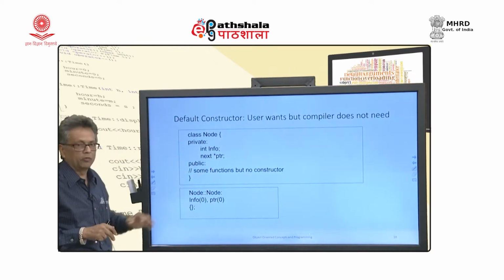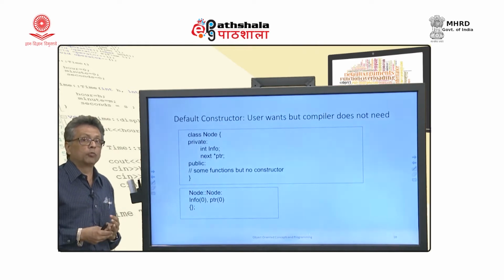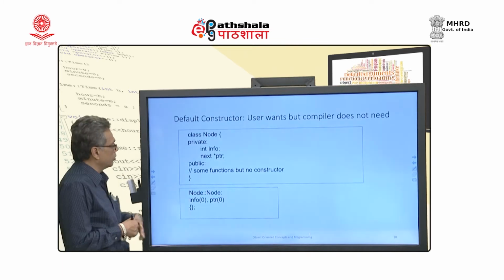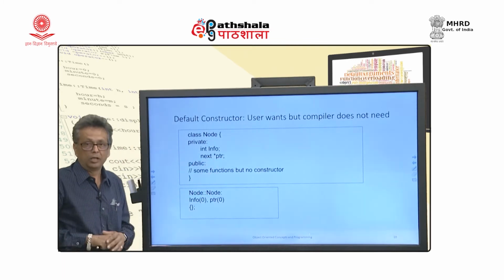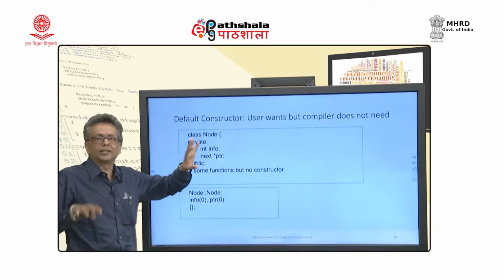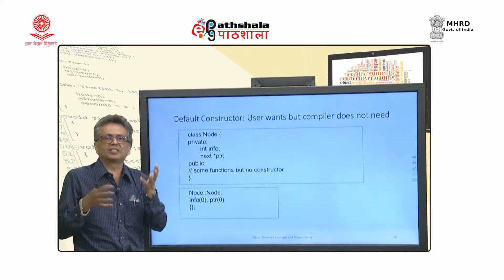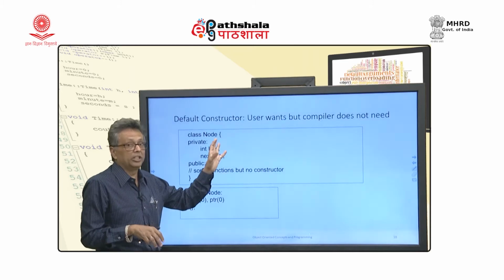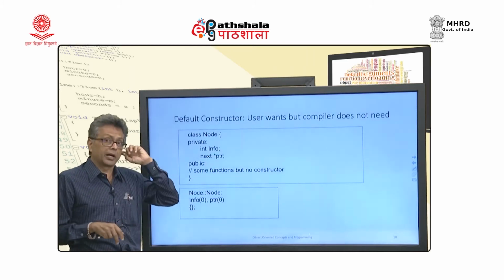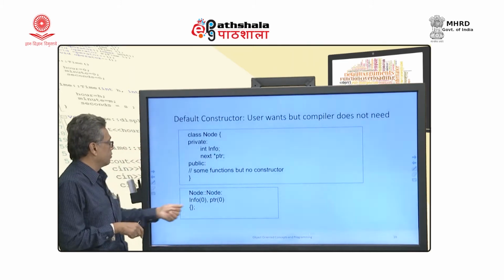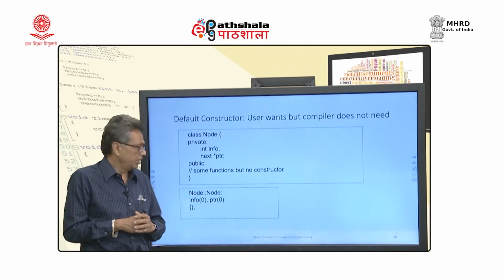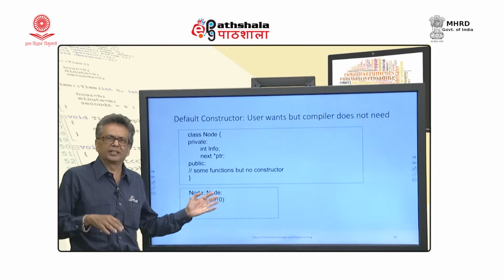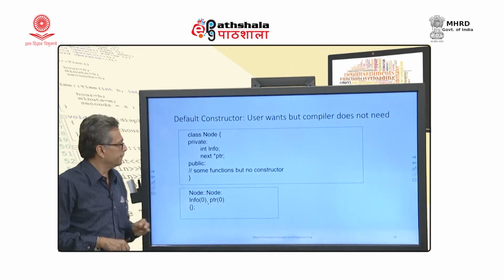I have an int info and there is a next pointer. Now, this is something I want, but a programmer would always like to make sure that the information is always initialized to 0 and a pointer is always initialized to null. Because if you do that, that node will have less chance of malfunctioning when you insert it into a list and you forget to initialize those values. So, it is a great thing to have a default constructor of this type. Information is 0 and PTR is 0. PTR 0 means it is null basically.